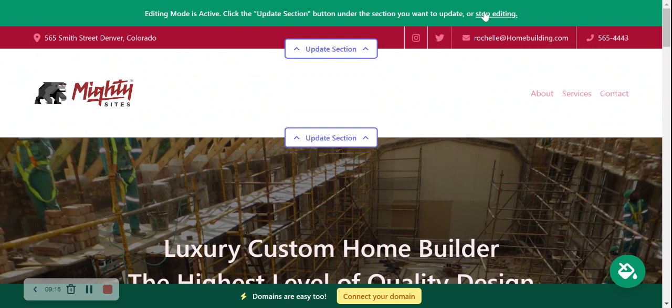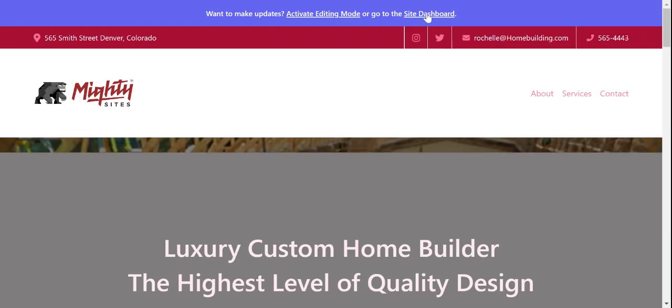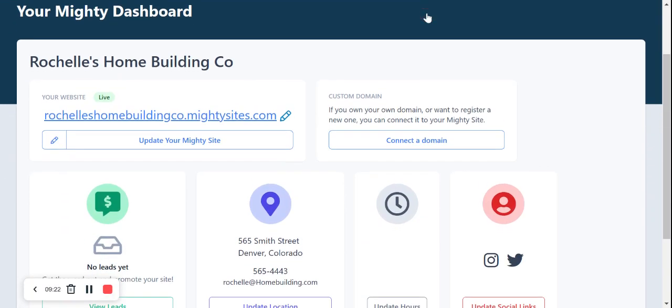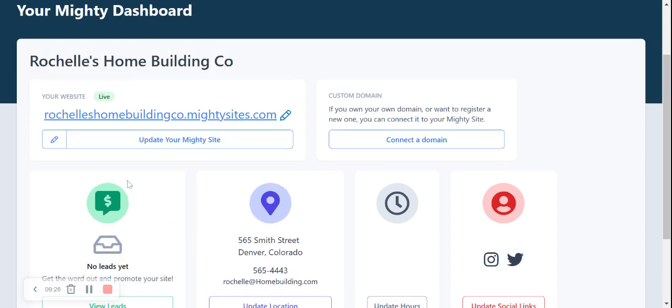So I'm going to head to the top and click on stop editing. I'm now going to head to site dashboard. And over here is where we can find the leads from that form submitted that I've just shown you. If you have a custom domain, connect it via here by clicking on connect a domain. If you're struggling, there is a YouTube tutorial available. And there's also a blog post over at